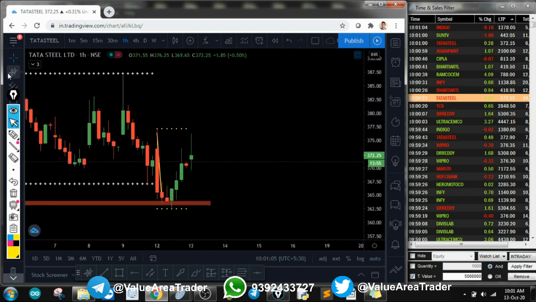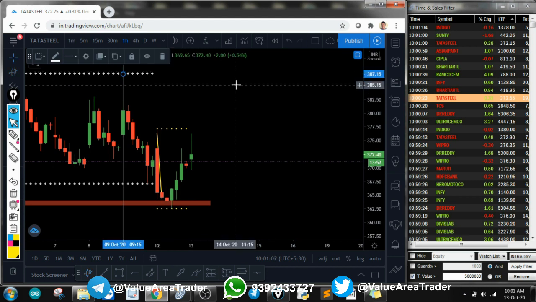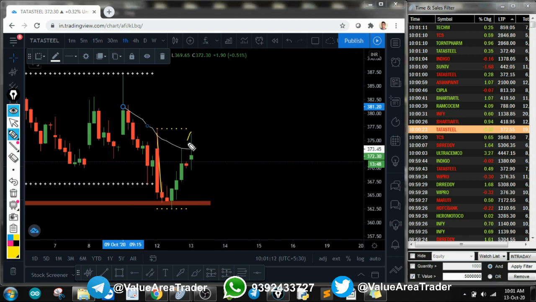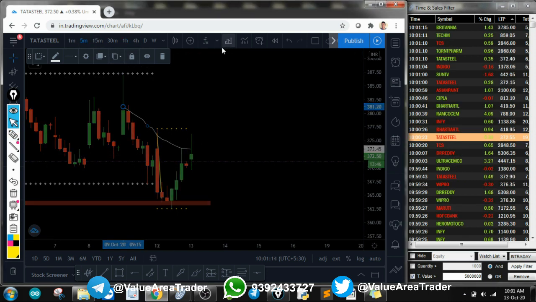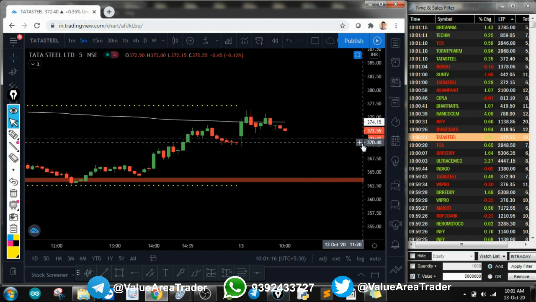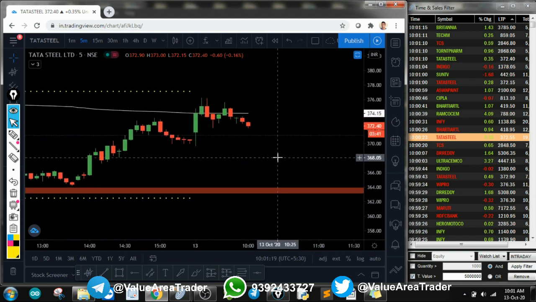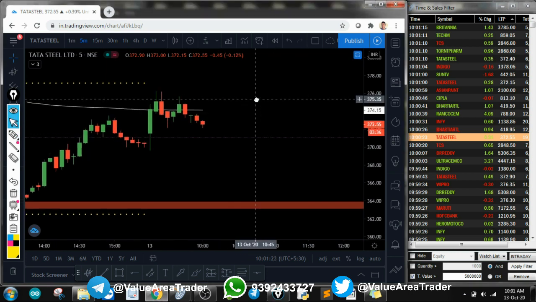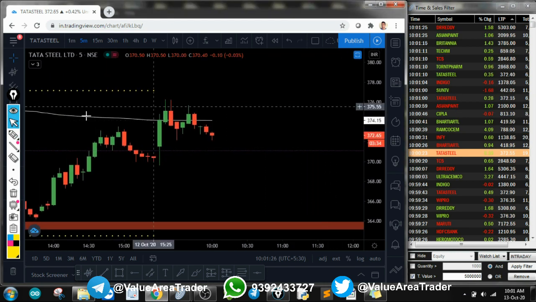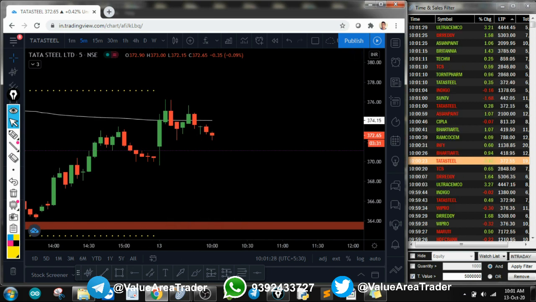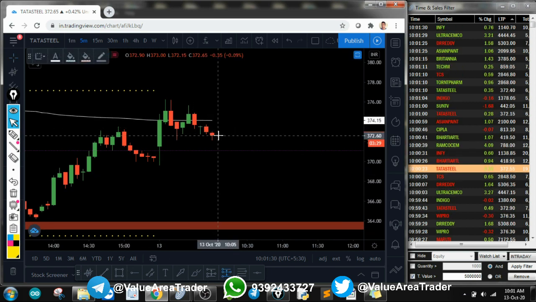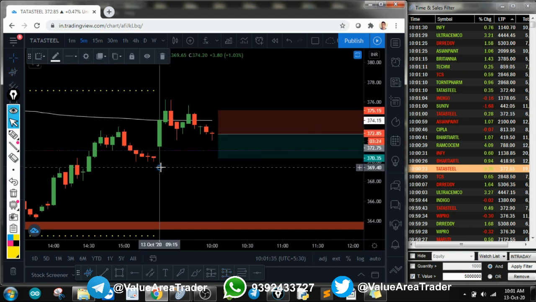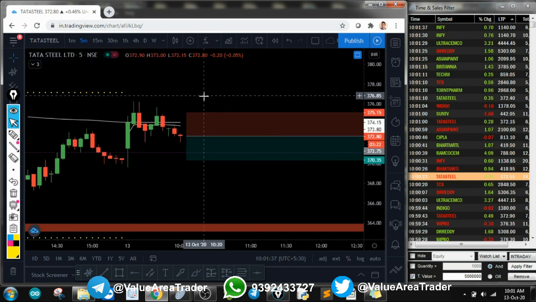Let's check VWAP here on this one big candle. That looks good to me because now it has just rejected on a VWAP. Okay, now that is also a double top here, which is also good. Looks good to me. So let us again take a sell trade in Tata Steel at the same point. I'll also put a VWAP on today's point.